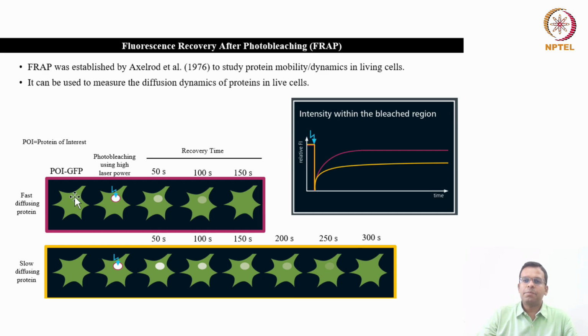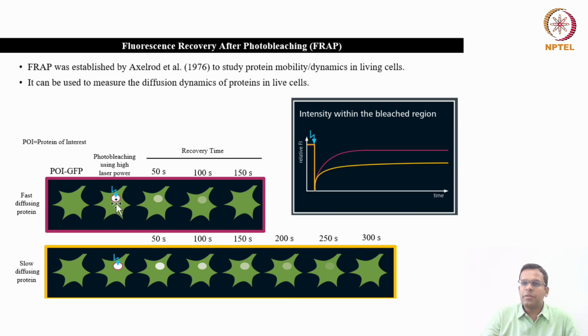But you don't know whether this protein is dynamic or static at that particular position. So let's say the protein molecules which are present at this particular position remain there forever, or they're actually exchanging with the nearby molecules. Okay, so how can you learn this? For that, under the microscope, when you see the cells expressing GFP, using a high laser power, the microscope allows you to bleach a small area in the cell. So let's say you make one region of interest here, and you ask the microscope to use 100% laser power, or the full laser power, to bleach these molecules in this area.